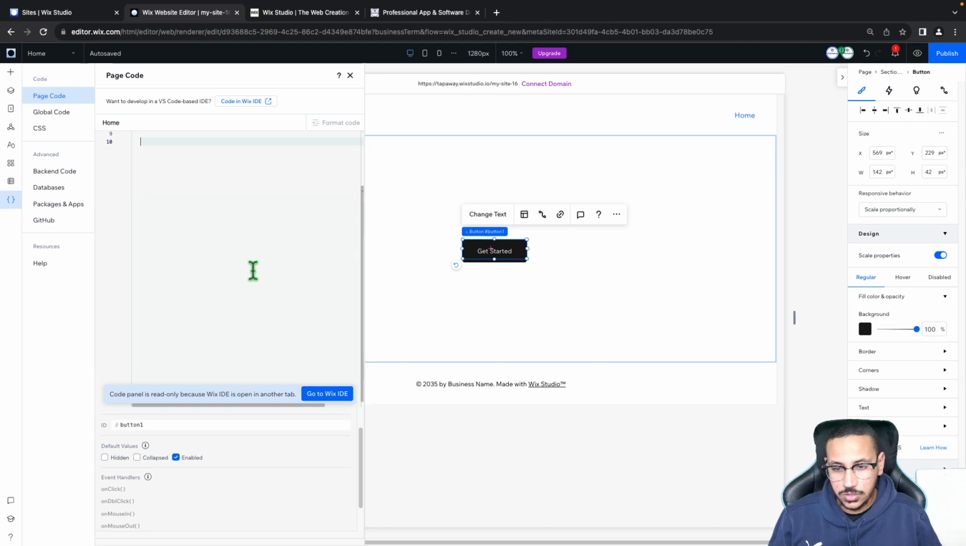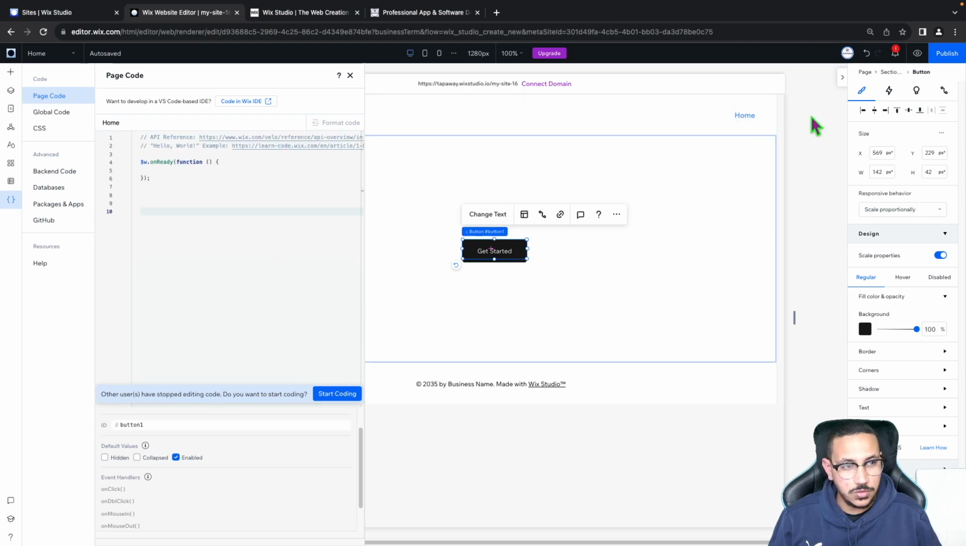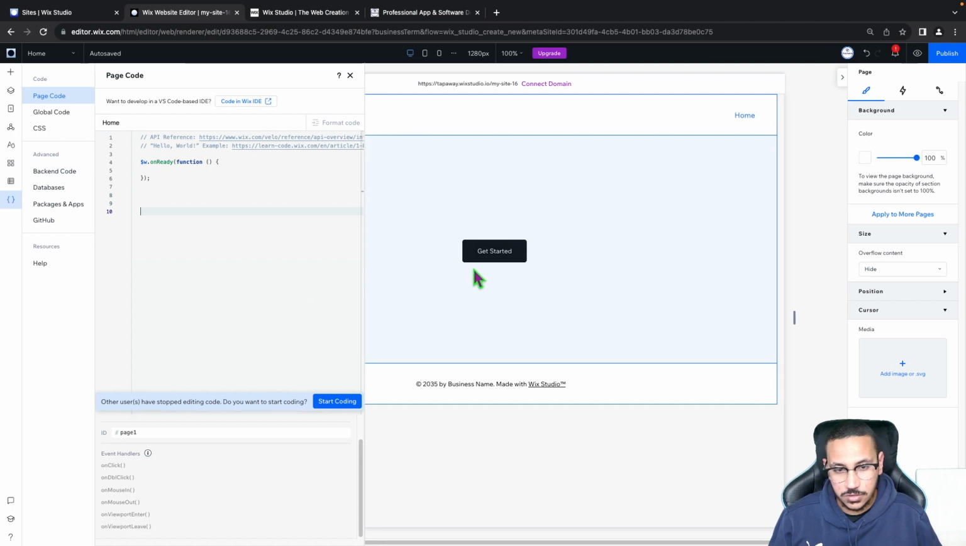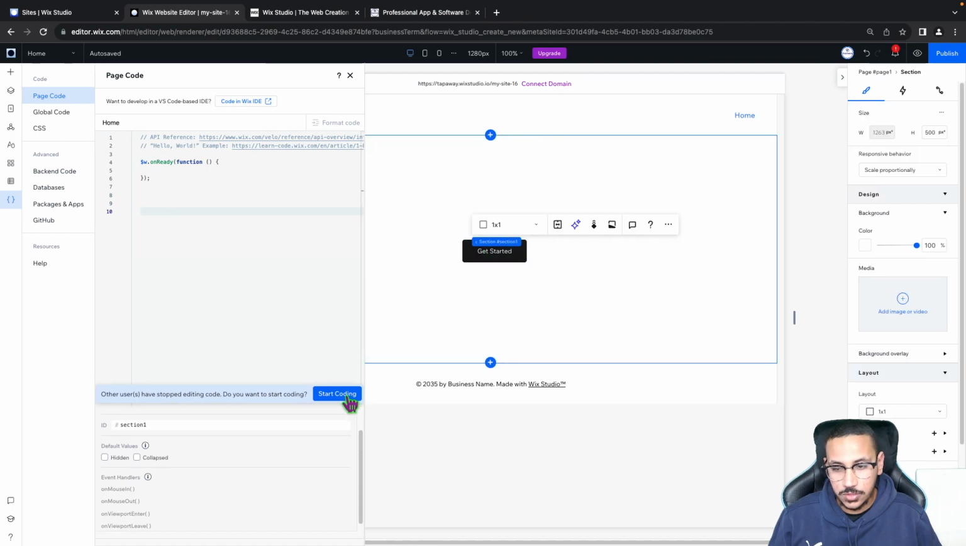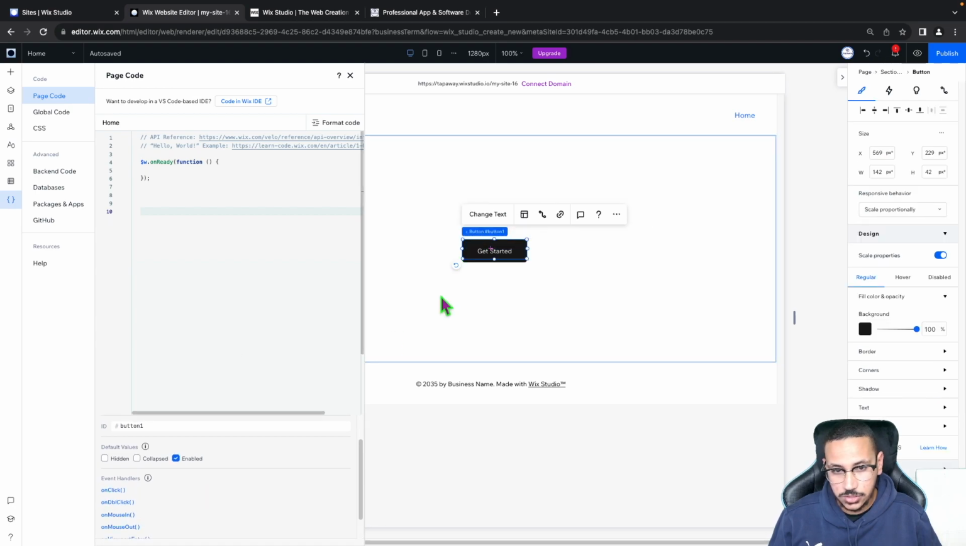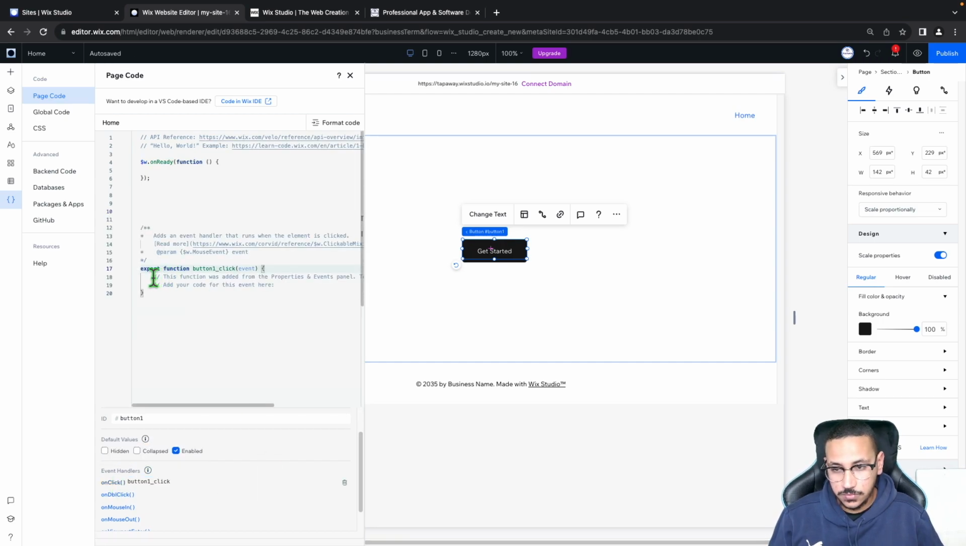And we'll just load until this updates. It just takes a second. Now click on start coding. And I do still prefer adding the actions through here. So I can click on this and click on click. And now we've got the function. And we can say something like console.log, I have been pressed. Now, if I go ahead and click on code in Wix IDE,